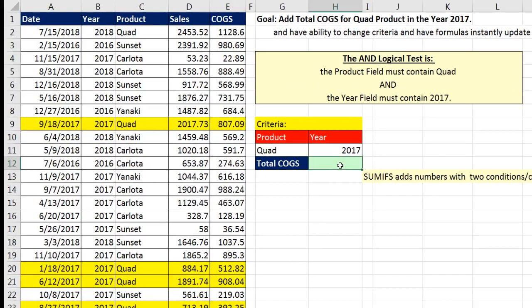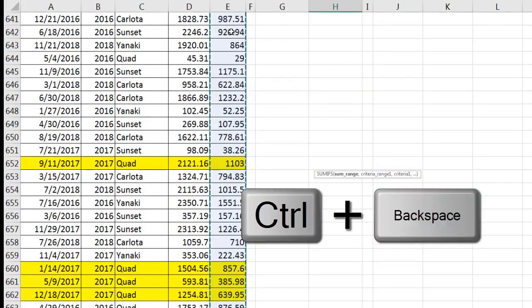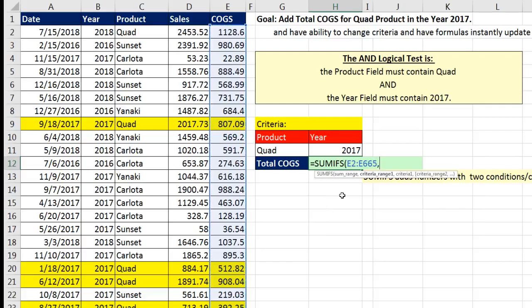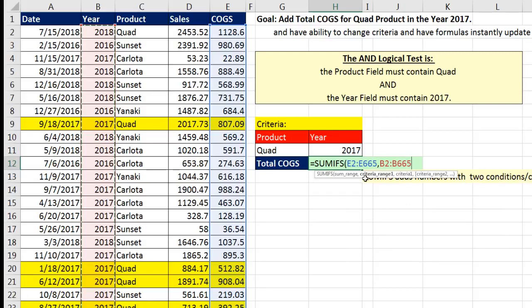Now let's come down here, total cost of goods sold. Well, we're adding, so we use SUMIFS. Sum range, that's the entire column. Now, click in the top cell. I'm using Control-Shift down arrow to highlight all the way down and Control backspace to jump back to the active cell, comma. Criteria range, I can pick either one. I'm picking year first. Control-Shift down arrow, Control backspace. Since that's the year column, I comma and click on year,